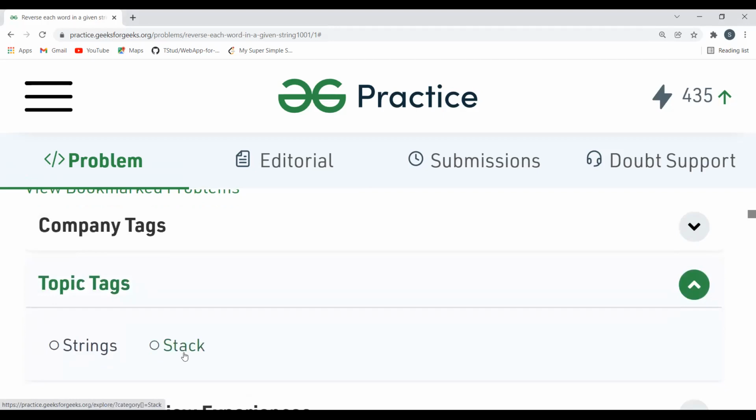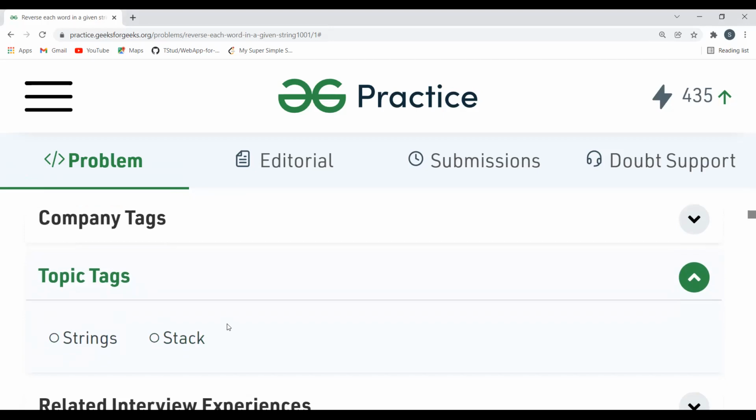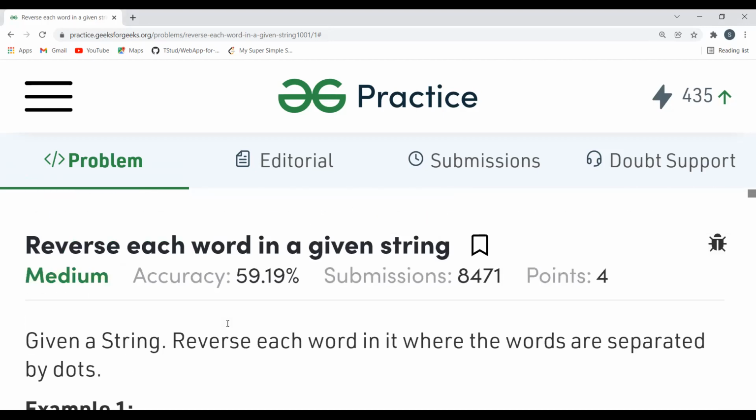Here itself they have given you a sort of hint that you can use a data structure, a stack. So let's understand the approach now. Obviously we'll be using a stack only, since they have provided a hint to go with the stack. We'll understand how we'll be using the stack, although the problem is easy once you get the concept. So let's move to the approach part now.